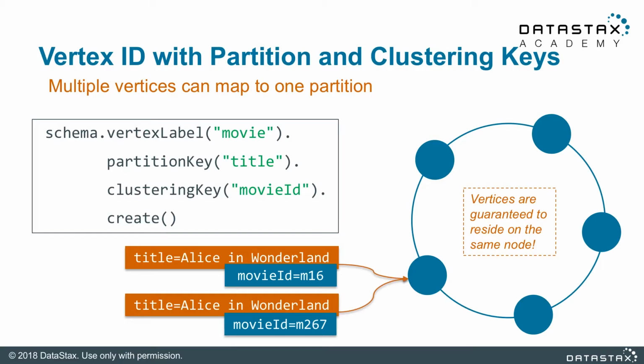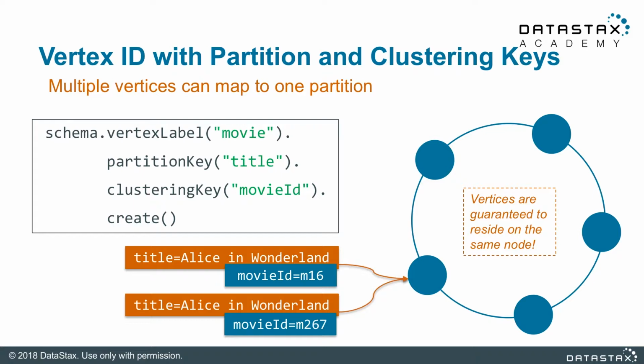The final user-defined vertex ID type is a vertex ID using partition and clustering keys. This method provides the most control over graph partitioning and enables graph users to achieve data locality by using the same partition key property to identify multiple vertices that belong to the same subgraph. This is the most powerful design pattern as it allows multiple vertices to reside in the same physical partition and